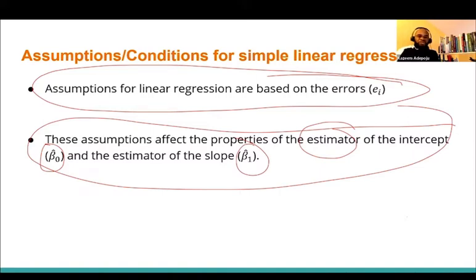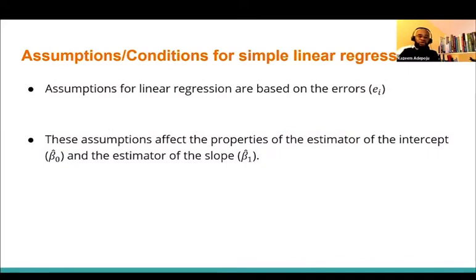Unexplained variation is actually the stochastic component of the linear regression model. It is also called the random error, and that is also called unexplained variation. We don't want our unexplained variation to be much. We want a situation whereby the explained variation will be much and the unexplained variation will be very, very small. Whether they're going to be small actually depends on whether assumptions are violated or not.